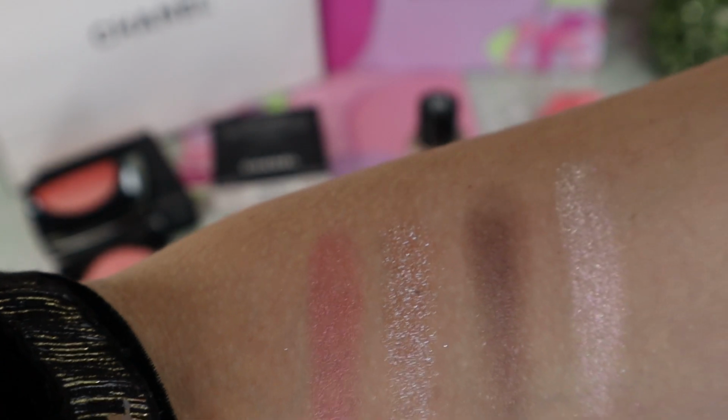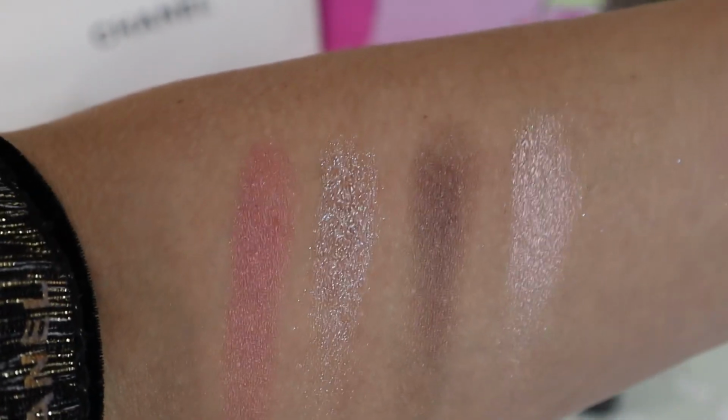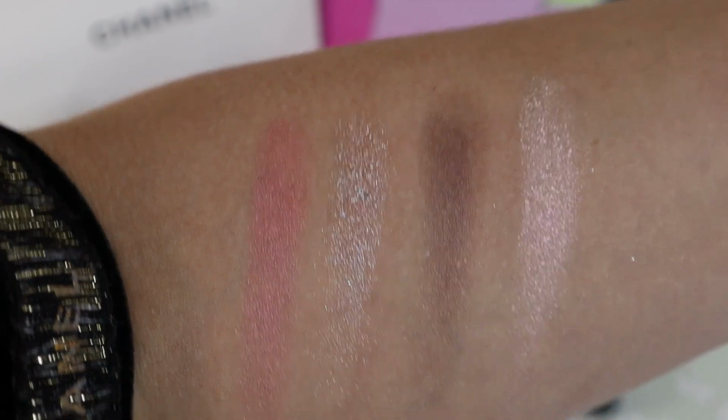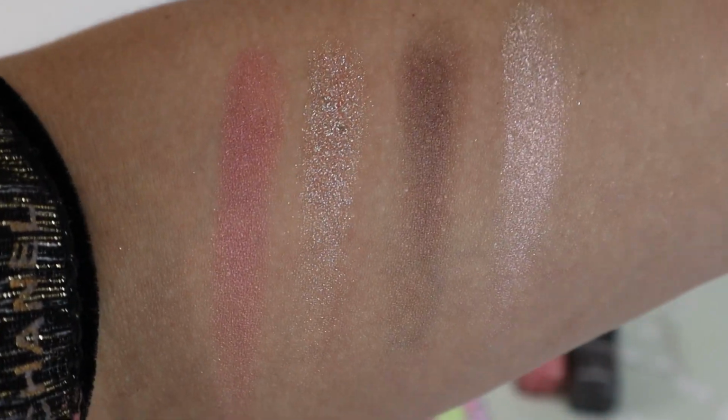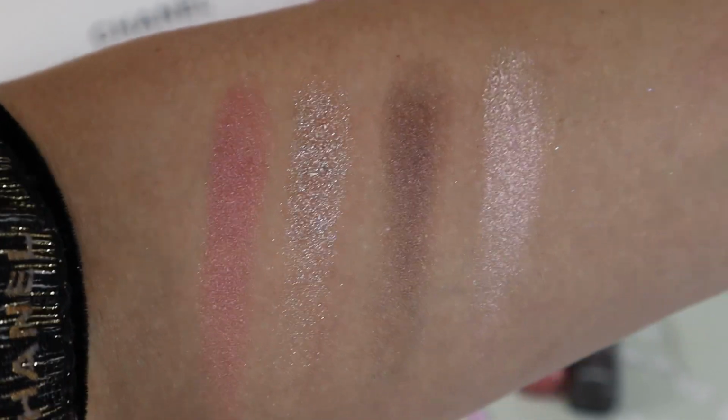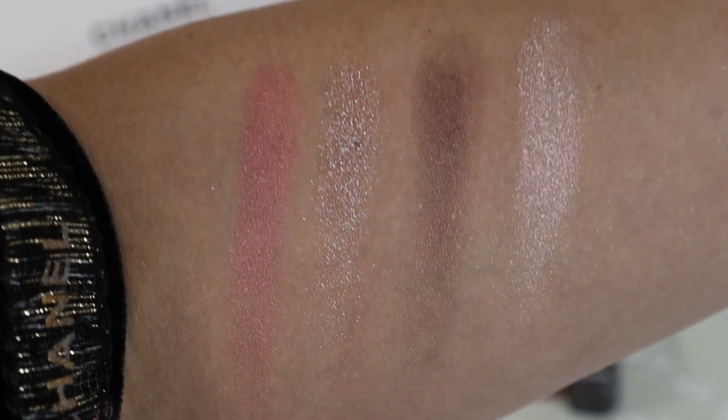This color, I'm not sure if I like how the product goes on my skin or layering, but of course I'm gonna create a beautiful eye makeup look for you. And let's do a work look. I just chose 4 items because I feel these are the best items to create a fabulous look. And my total, we stuck together,